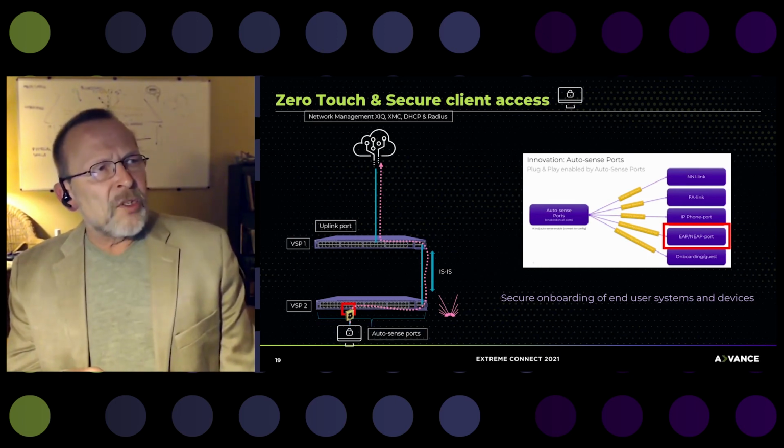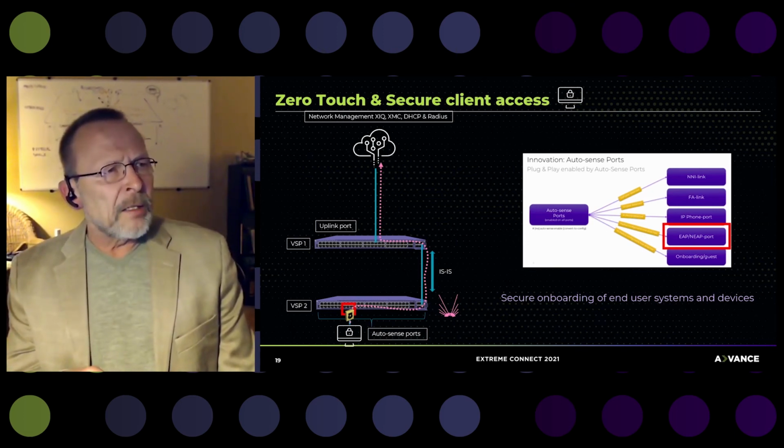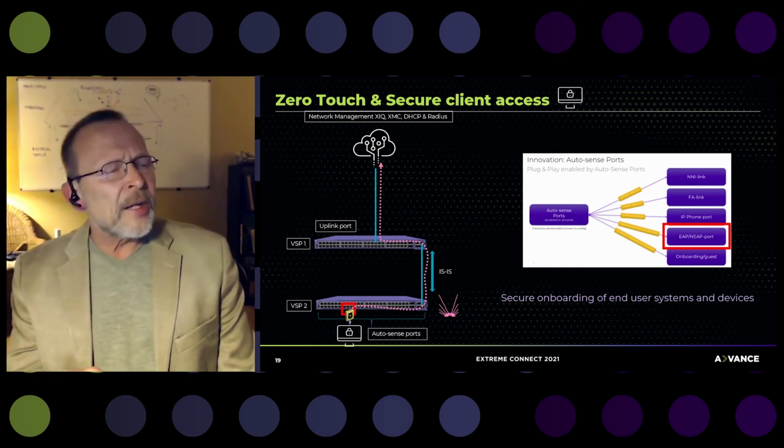Now, what will happen is there will be a response from the Radius management segment assigning a policy, and this end user's PC will be assigned an ISID to its port level based on that policy. And there may be access control lists that are assigned as well, although we won't go into details on that here.